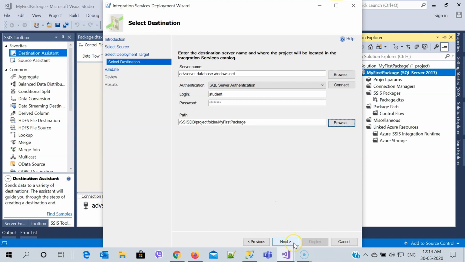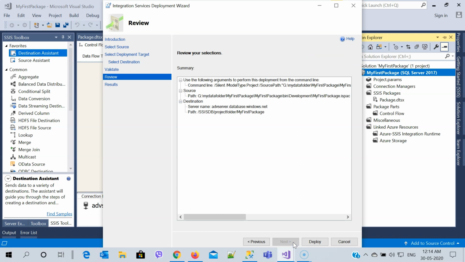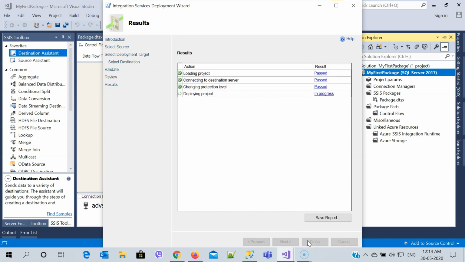Then I will click next, and then one more time next. We'll deploy it first. So the project deployment is going on. And the project deployment has been successfully done.